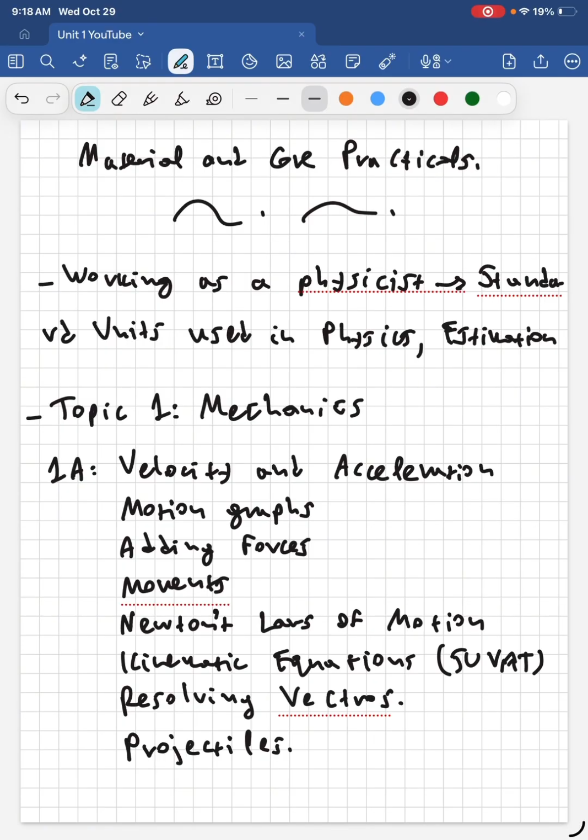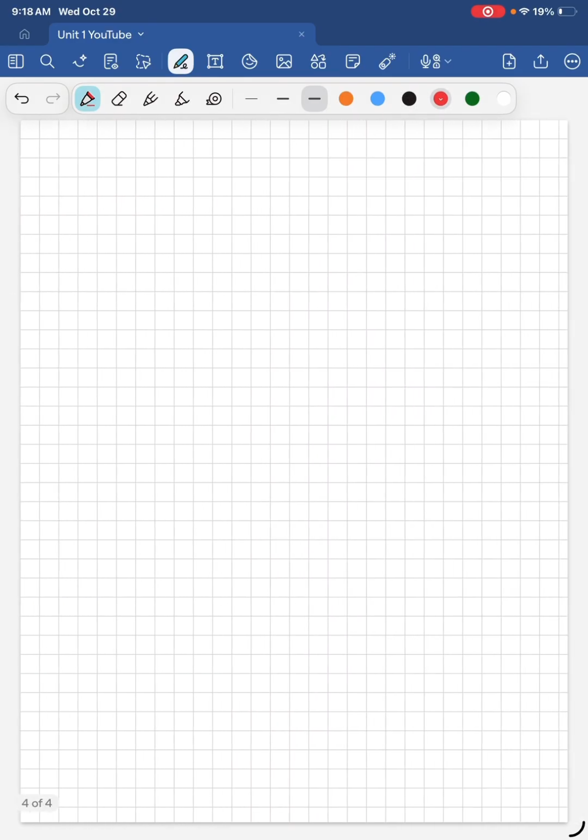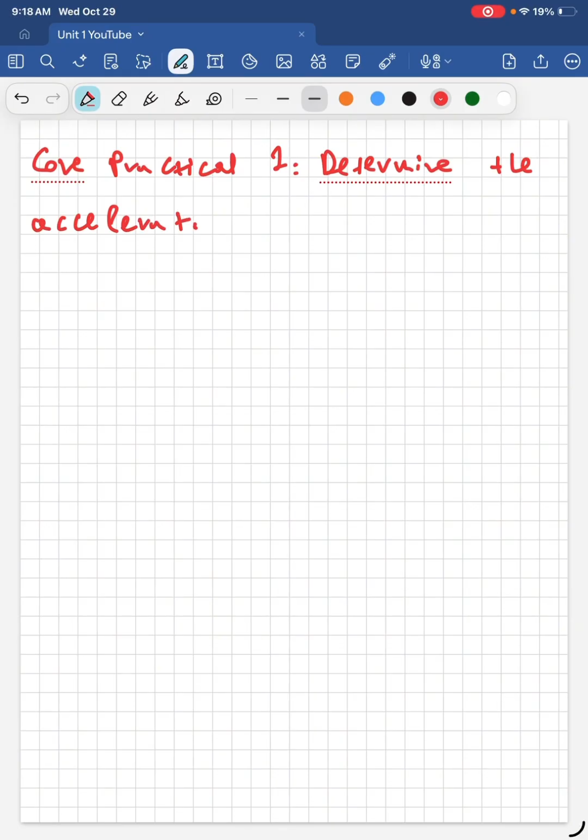Okay, I'm going to use red to say that in topic 1A, there is one core practical, core practical 1, which is to determine the acceleration of a free falling object. And again, these core practicals are more relevant to Unit 3 actually, but